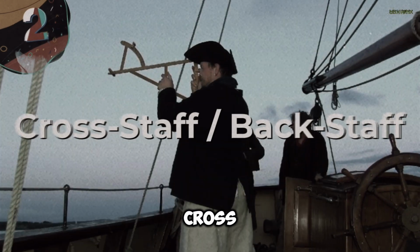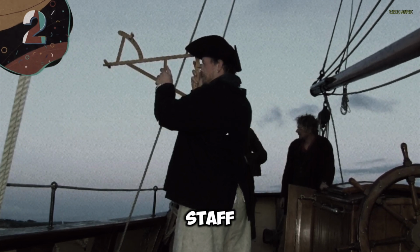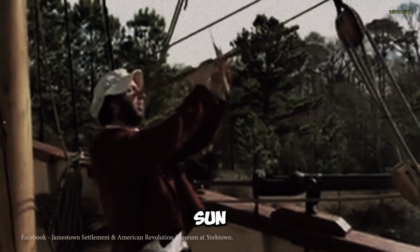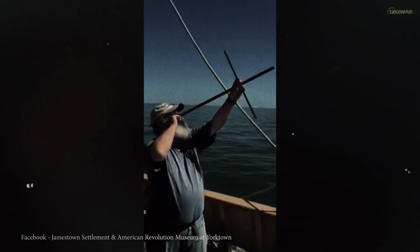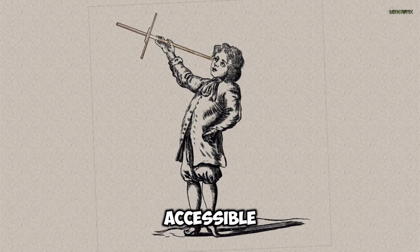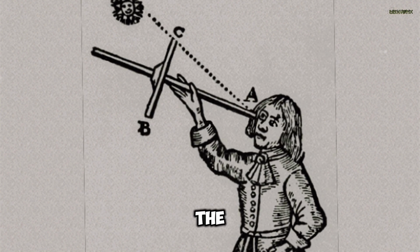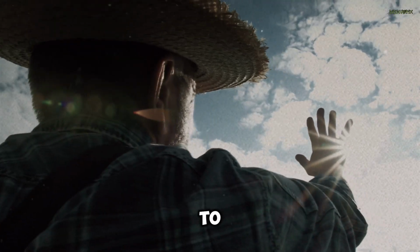Number 2. Cross-staff, backstaff. The cross-staff and backstaff are two historical devices that were used in navigation to measure the angle between a celestial body, such as the sun or a star, and the horizon on the rod, giving the altitude of the celestial body. This instrument was relatively simple to construct and use, making it accessible to sailors of various skill levels, but it had one major problem. The user had to look directly at the sun to take a measurement, which could lead to eye damage and